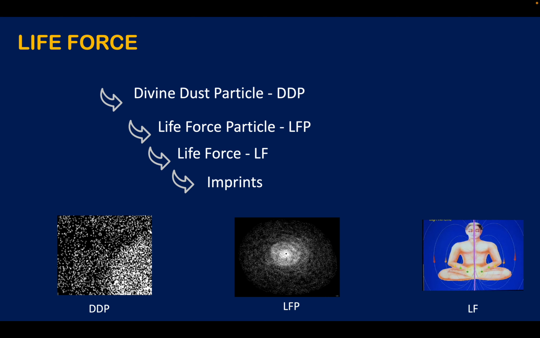So this last animation clearly demonstrates how the life force particle circulates. It goes from the lower chakras to the higher chakras. You can also appreciate the color change in the life force particle as it goes to the higher chakras. It's a very beautifully done animation. And these life force particles are the reason for a man's imprint. If I mention man in this presentation, it just means human being, including woman.